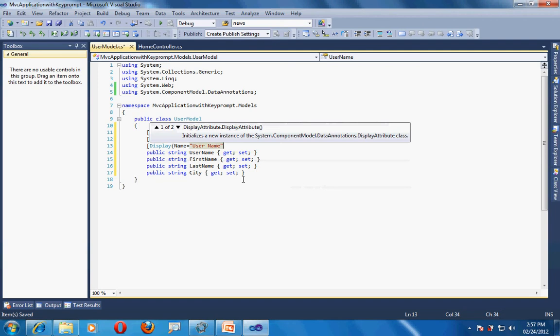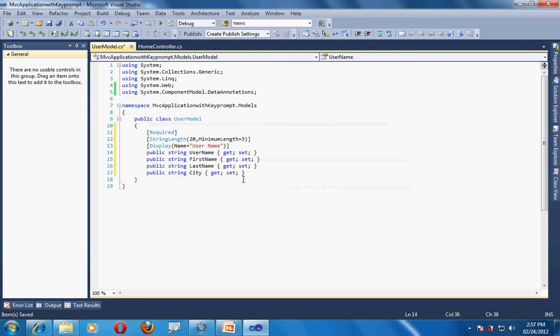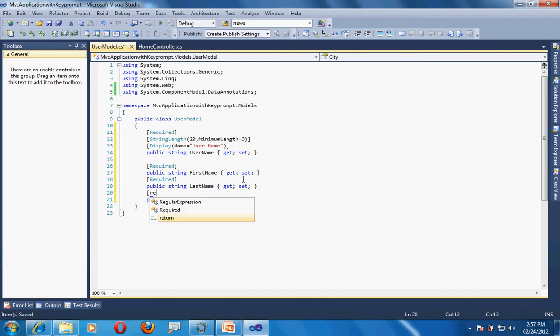username, like this. Similarly, I can use with my first name that I want it should be required, like this, and last name should also be required, and city is also required. So in this way I can create my public class user model. Now to implement some functionality on this and the list and all, I will just